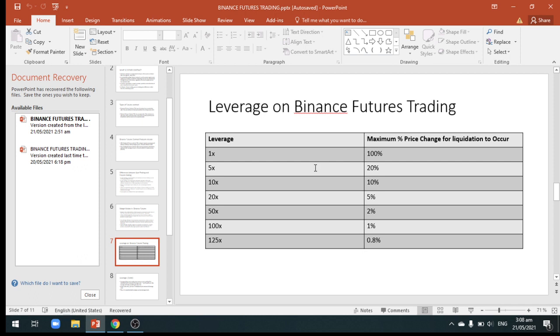Okay, so if you're using 5x leverage, then a 20% change in price is enough to liquidate that particular position. If you're using 20x leverage, a 5% change in price is what is required to liquidate that position. So from here you can see that the higher the leverage, the lower the percentage change in price required for liquidation to occur. If you're using 100x leverage, for example, then only a 1% change in price is enough to